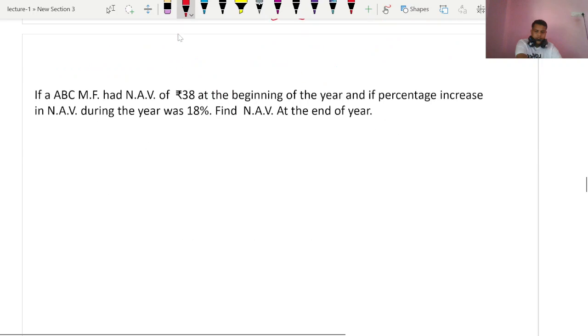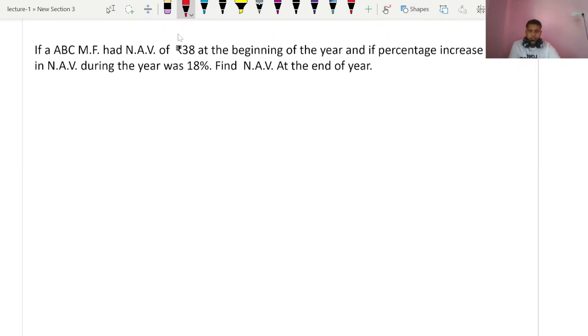Now see the next question. If ABC mutual fund had net asset value of rupees 38 at the beginning of the year, and if percentage increase in net asset value during the year was 18%, find the net asset value at the end of year. Question: percentage change in net asset value equal to absolute change